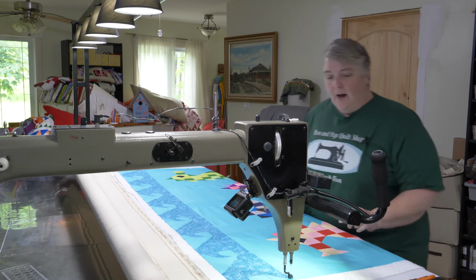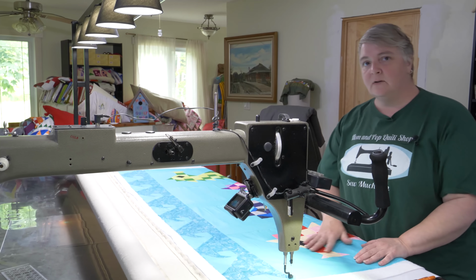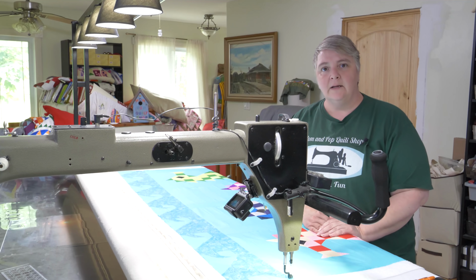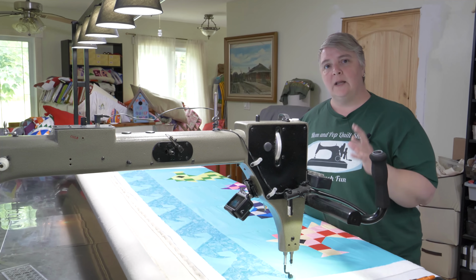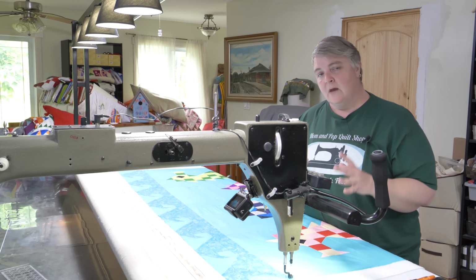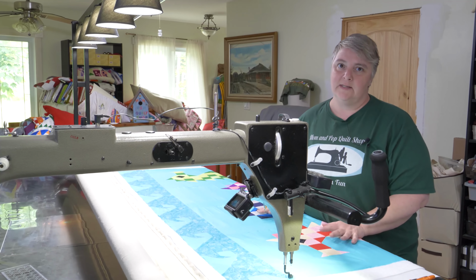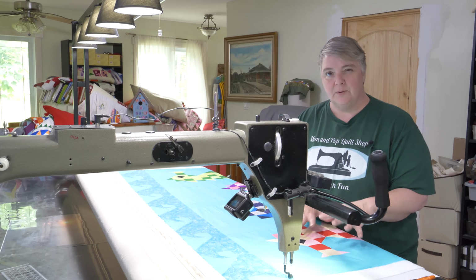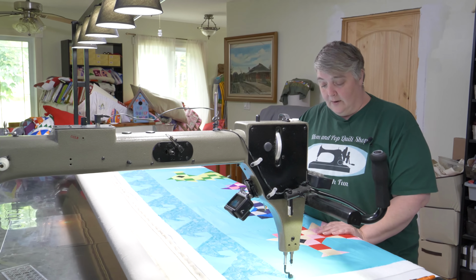So think about how you want to get from A to B and B to Z, and you'll find yourself there. So what I'm going to do for the background here is I actually have a stencil the Pop bought me quite a while ago, and I'm going to chalk it out, and I'm just going to follow it. It's got this nice little curve to it, and I think it'll add a little bit of movement to the background without being too overpowering. I just really want the seahorses to stand out the most. That's why I'm going to pretty much densely quilt those,